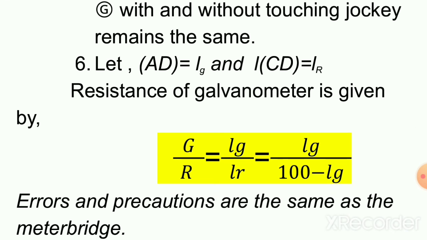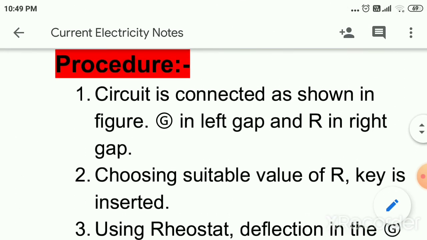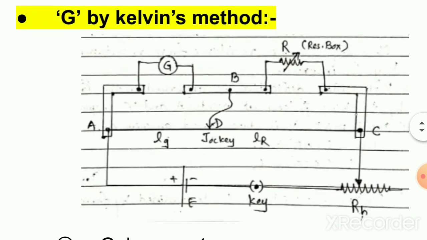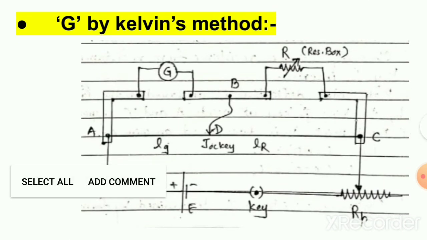Usually while performing the experiment, we take multiple readings for values of R. We even interchange the galvanometer between right and left gaps and then find the average value. So that's how the experiment is. It's a very simple and small experiment to decide the resistance of galvanometer by Kelvin's method. The specialty is that it's an equal deflection method, and we use only one galvanometer that is connected in the left gap, whose resistance is to be determined.